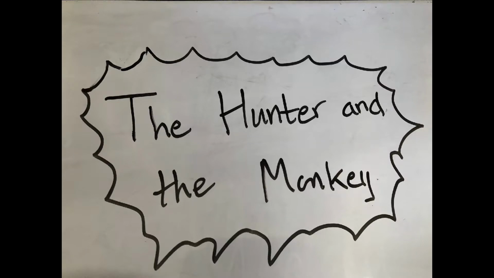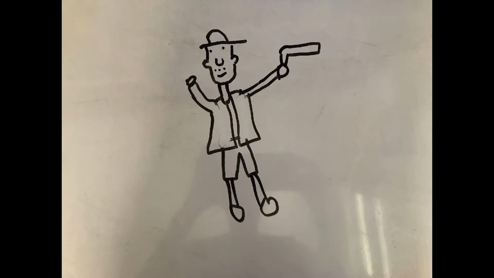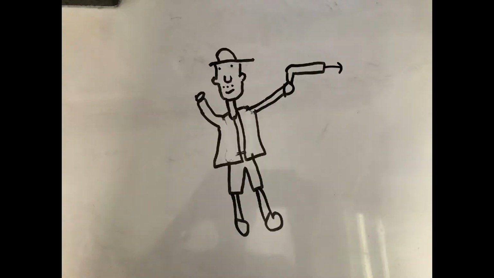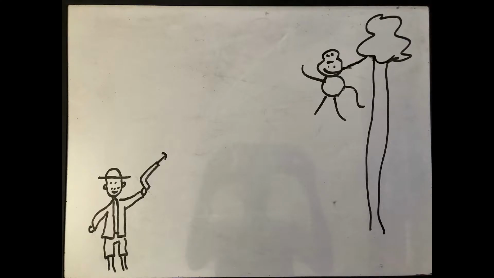Hey guys, today we're going to take a look at a famous physics problem called the hunter and the monkey. So let's say there's a hunter, because we want to be kind, let's say he's a scientist, with a tranquilizer gun. And there's a monkey. So the monkey is hanging from a tree, and the scientist is trying to shoot down the monkey, for scientific